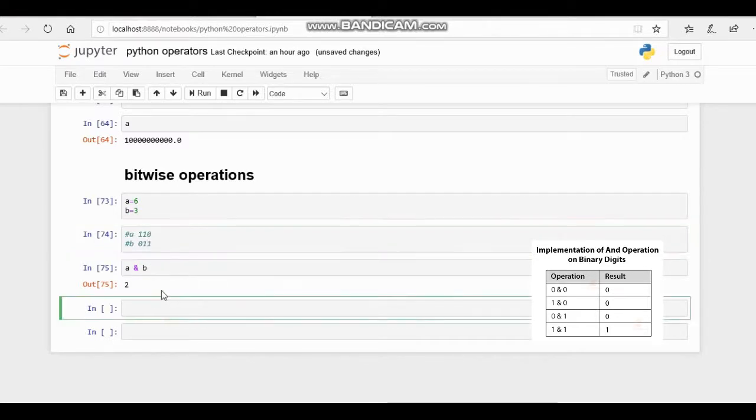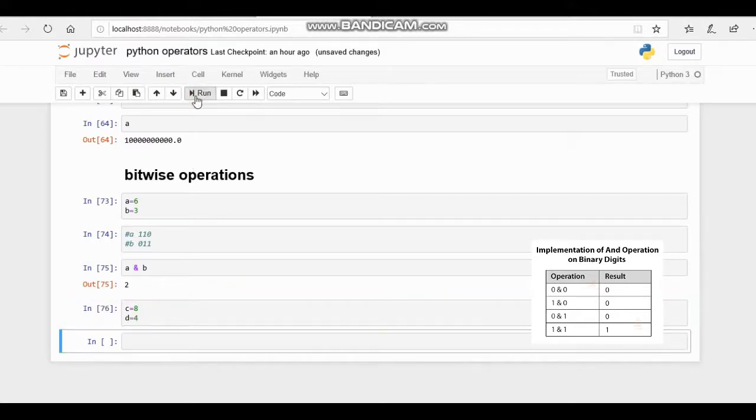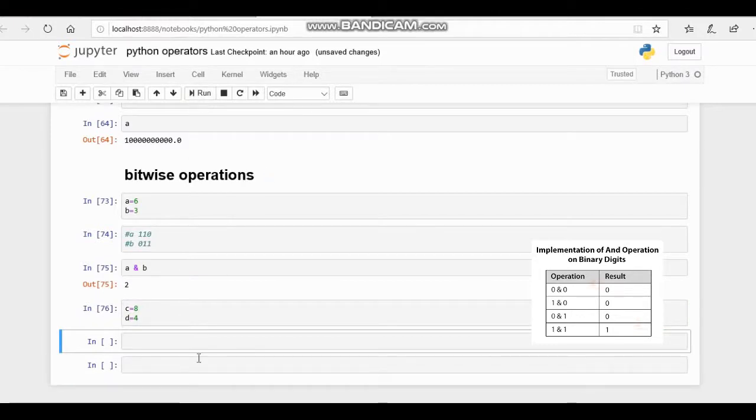We will see another value. C equal to 8 and D equal to 4, and we will do the bitwise AND operation.